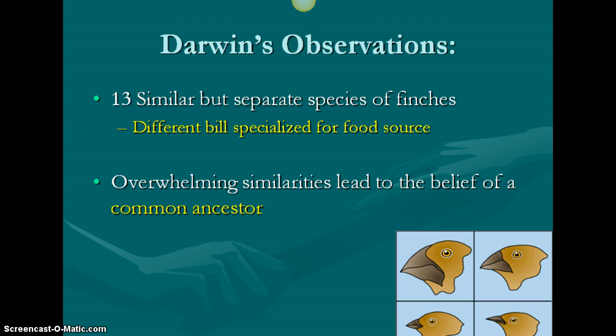So there were very many similarities, a lot of similarities. So that would kind of indicate that there was this common ancestor, that they've kind of all developed or evolved from. We see these differences, but there's so many similarities that you would assume that originally there was one type of finch that eventually we see all of these varieties have evolved into.